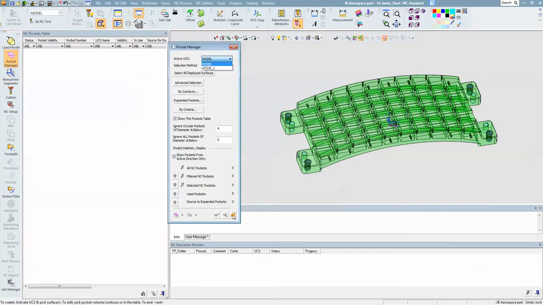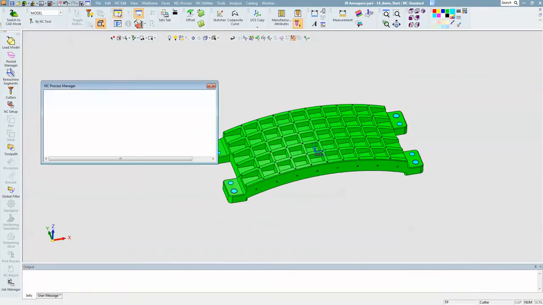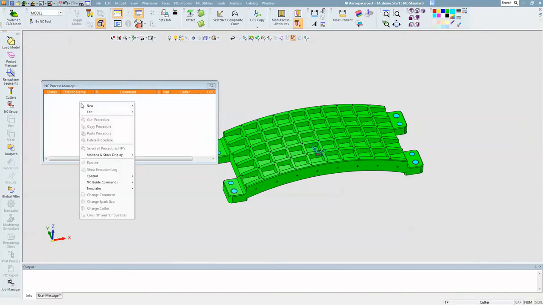Actually, I'm going to do this after I apply the template, because right now I've got a coordinate system from the top side, but I don't have one from the bottom side. One of the benefits of applying the templates is that it's going to automatically create the coordinate systems from different sides. So I go to Template, Apply Template,